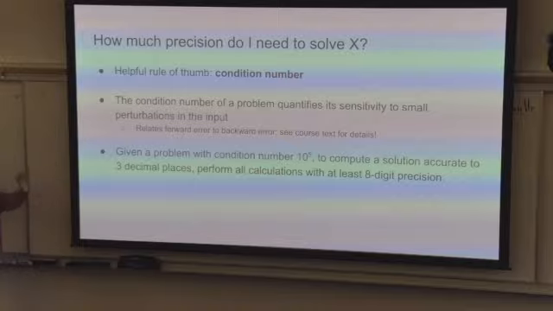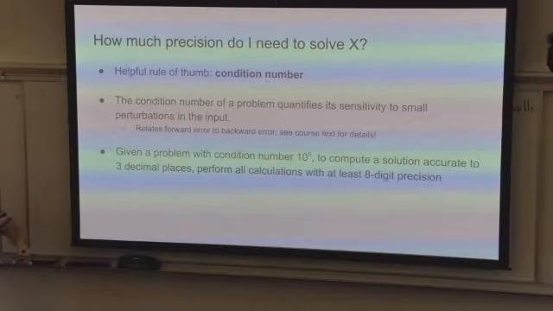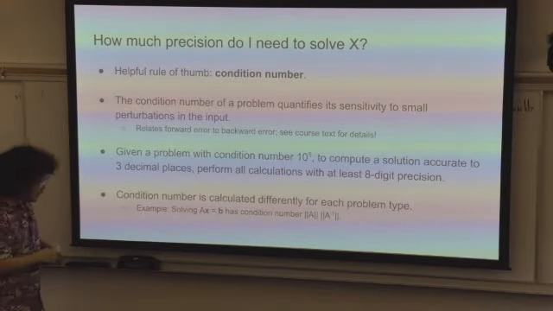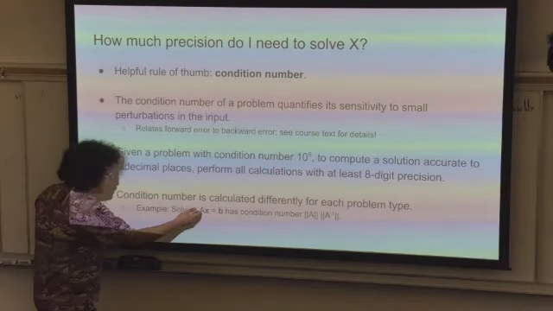This is not a completely rigorous description. Of course, within a particular algorithm, the way that the epsilons and deltas stack up will differ depending on the specific algorithm you use. But as a general rule of thumb, this tells you how much precision you will need, assuming you're using a well-designed, backward stable algorithm. Now, how do you actually compute the condition number? Well, unfortunately, it depends for each type of problem how exactly the condition number is computed. But for example, for solving Ax equals b, the condition number of inverting A to solve the linear system is